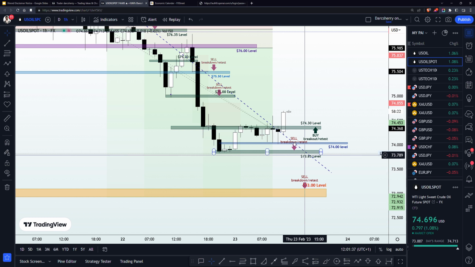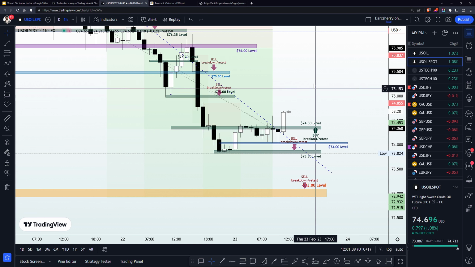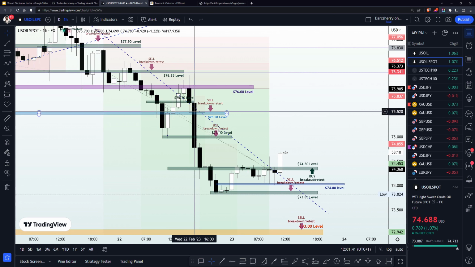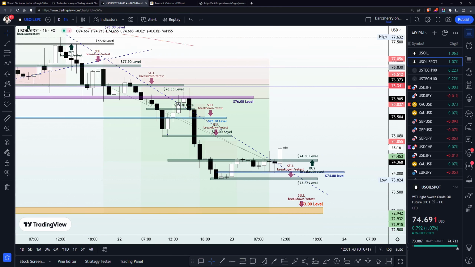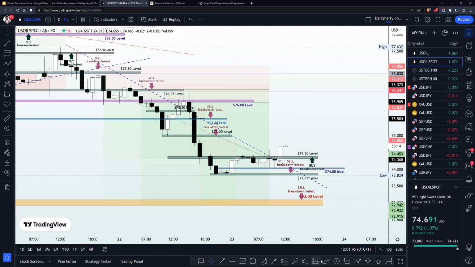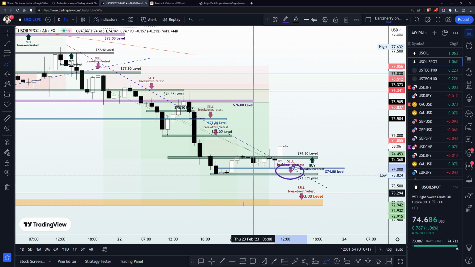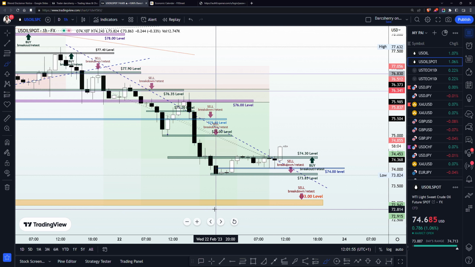Another thing we said here is that we have a bearish trend line, which has been guiding selling momentum since the beginning of the week. So we already have a breakout of that trend line. A break above the trend line is a buying opportunity for us, and if price trades below the trend line, we look out for selling opportunities.